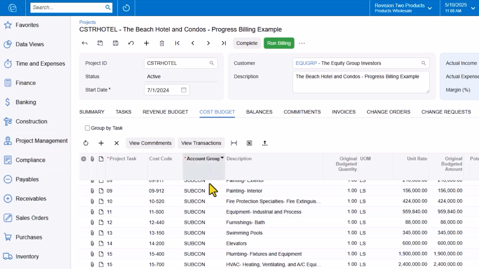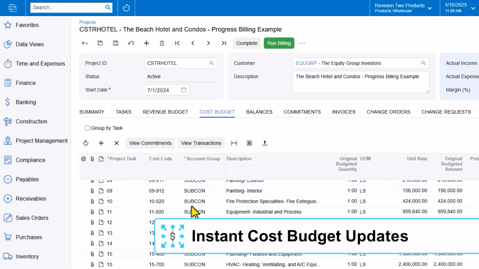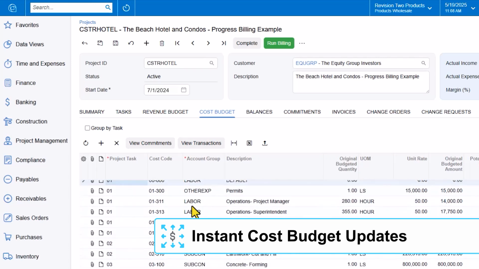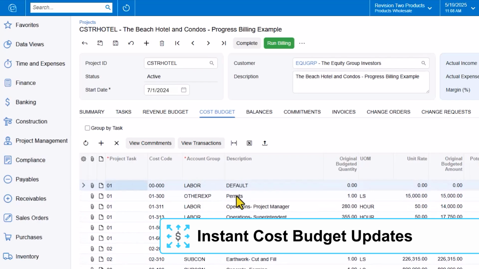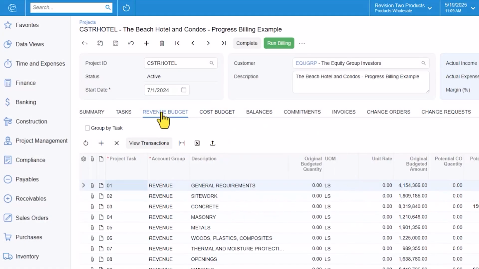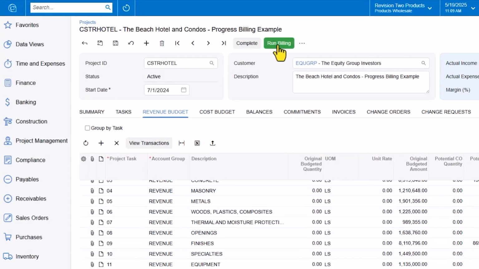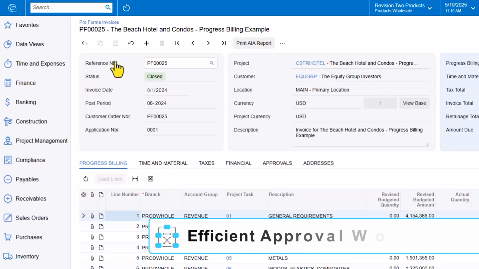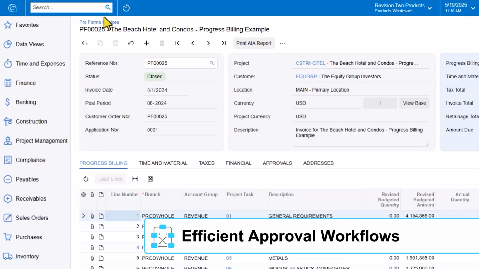As the project progresses, expenses, such as checks and approved invoices, are updated instantly, ensuring that every detail is accurately reflected in every line item. Billing follows the rules you define, whether applied within the project or externally. In this example, a pro forma or draft invoice requires approval before it can be converted into an invoice. The approver receives an email or mobile notification to review the invoice and either approves or rejects it, ensuring a